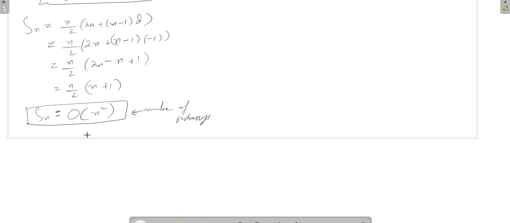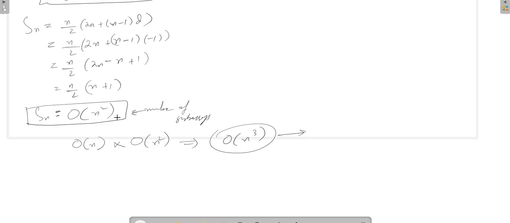Now for each of those subarrays, in the worst case, what would be the cost of copying that subarray? In the worst case, that would be n, because that is the maximum size. So if it takes n to copy one subarray, in the worst case, what would it be for n squared subarrays? We just have to multiply this, and that leads us to n cubed. So this is going to be the time complexity